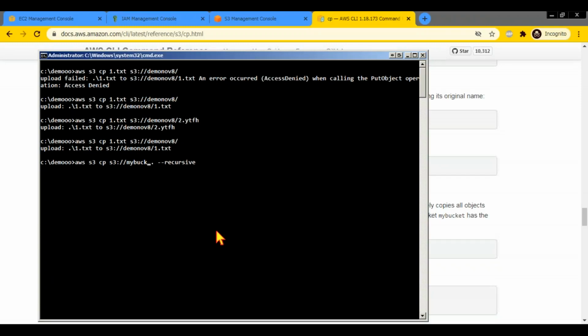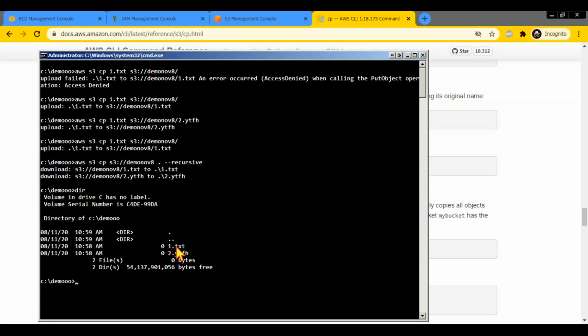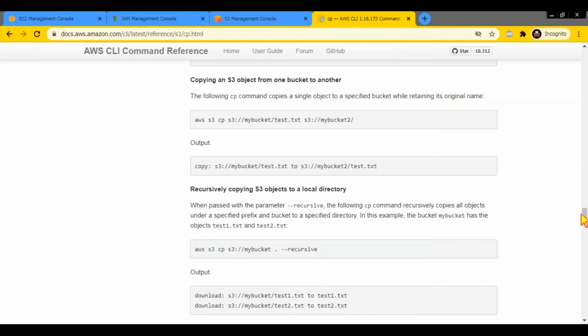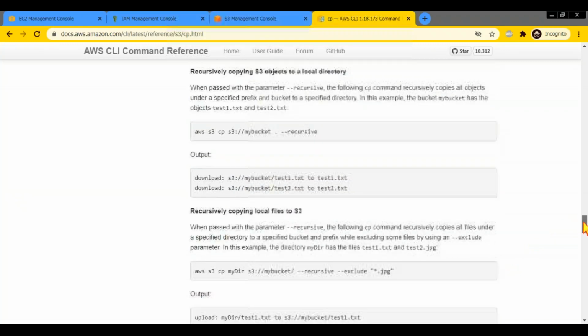I can say AWS S3. So when I run this command, it is going to download both the files into my current path. So here if I go and see, you will see both these files downloaded. Created now. So like this you can use it either to download all files from a folder, or to upload all files from one folder in your server into S3. You can use this in scripts also.